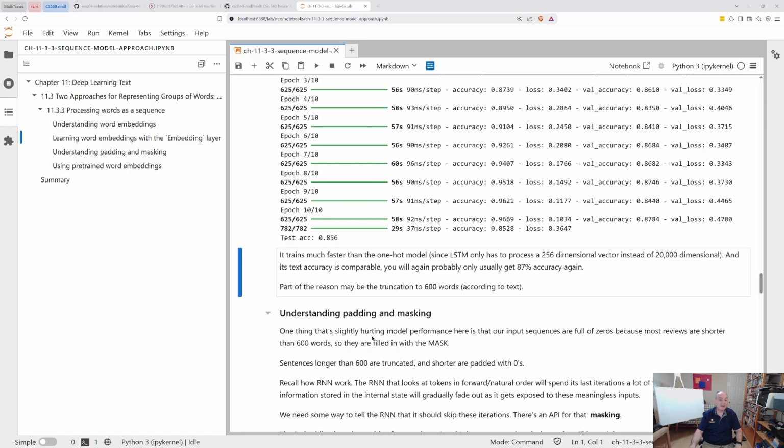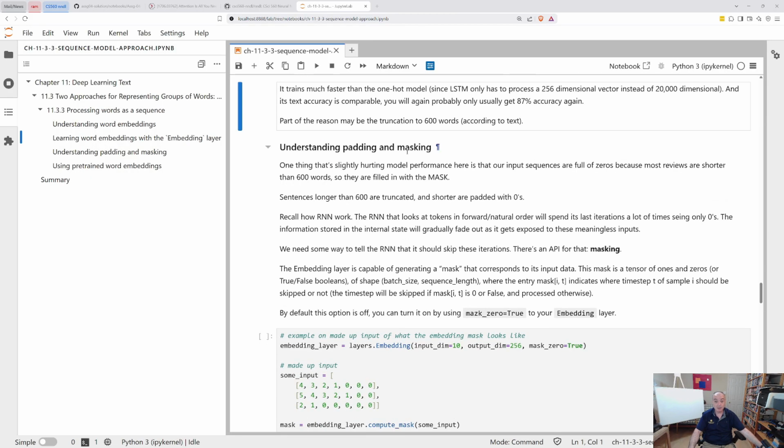So there's another thing that can be hurting performance in these sequence-based models for text processing that's not turned on by default. I'm not certain why. I think you would usually just turn this on by default if you are doing a sequence-based text processing model. Remember, we have to have some sort of a maximum sequence